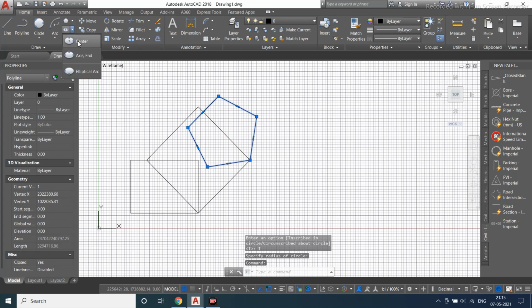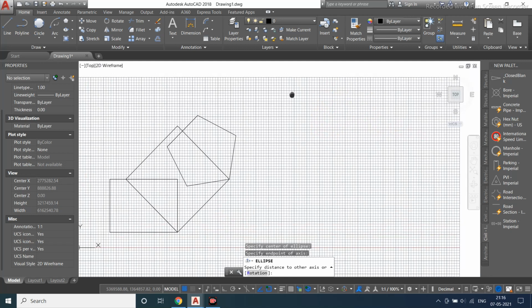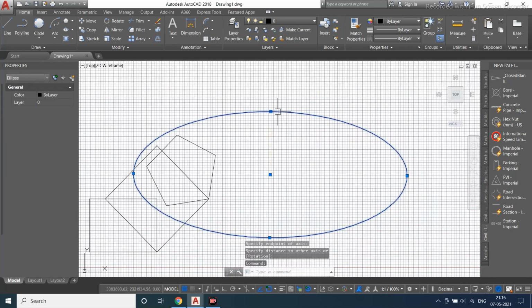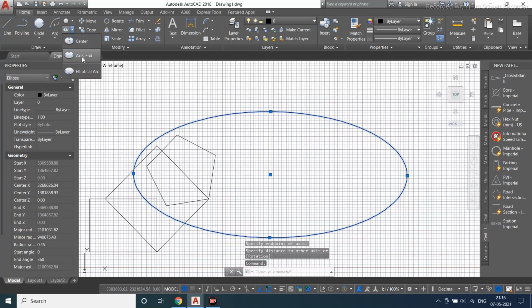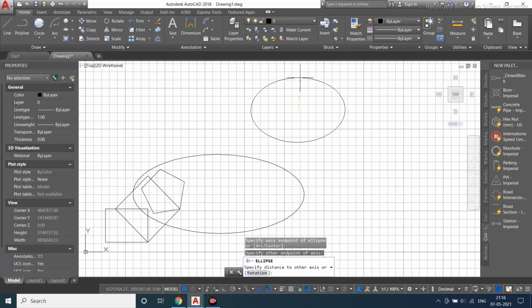Next, coming to your ellipse, that is a major axis. Now coming to your minor axis. So this is your ellipse. The same thing you have with the axis ellipse. In this you are going to create based on your center axis and give the major and minor axis. You can see here it will be taking the full line, and here it will be taking from the radius.